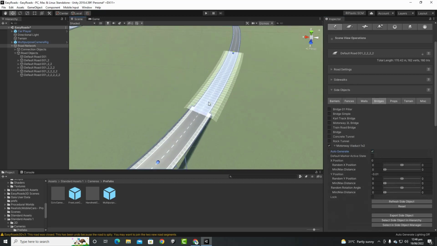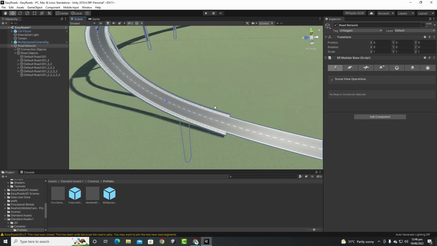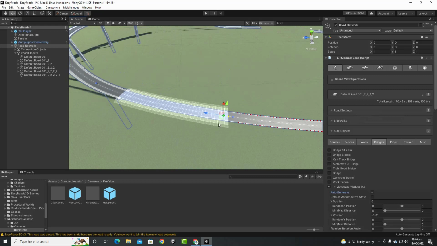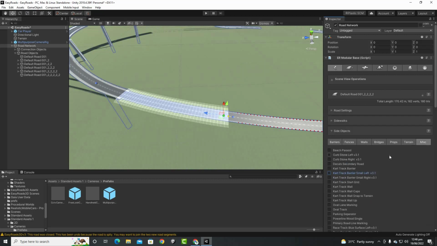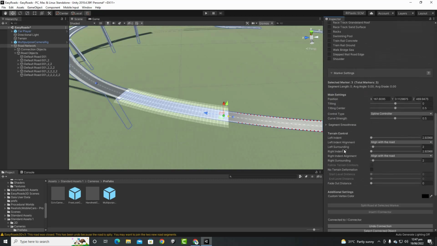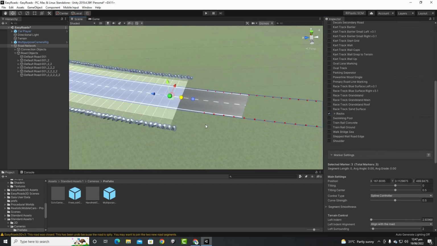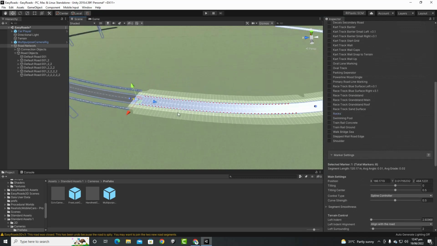Then we have this point from here to here, so we can just go to probes, and let's add maybe road markers are already added, so let's go to miscellaneous, and let's add the rocks maybe, and yeah, that's good. And then after that we will just select this section,